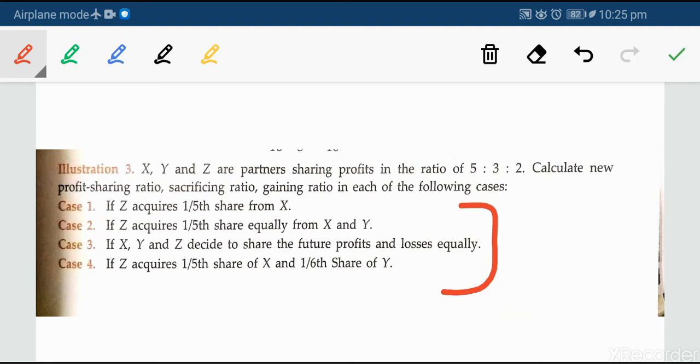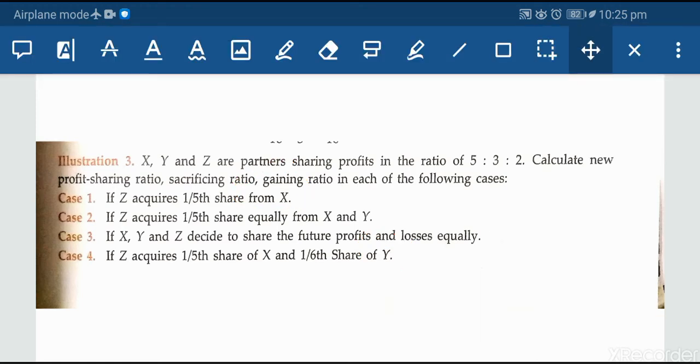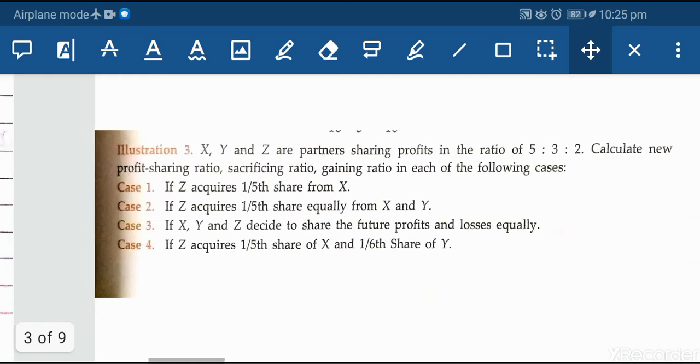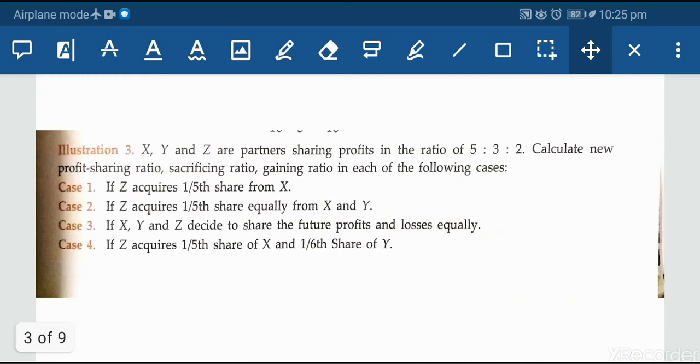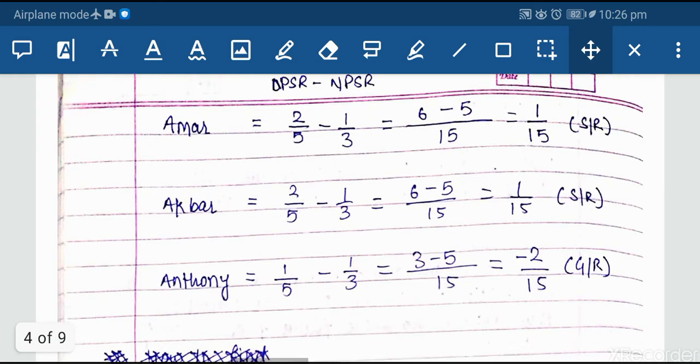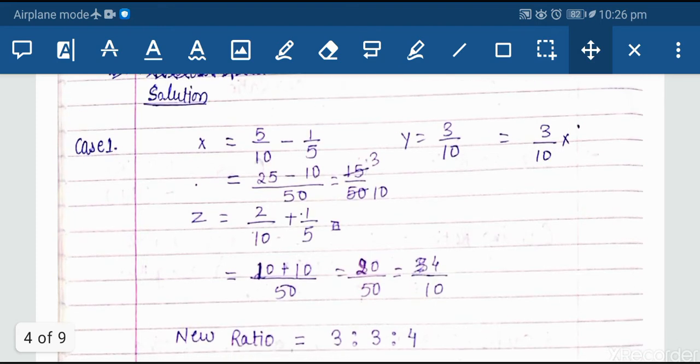Okay, so now moving to the solution, you have to remember the words from, of. Be careful reading all these things. So we are moving to the solution part. The old profit sharing ratio is, listen very carefully, 5:3:2. Now we move to the new profit sharing ratio. In this question we are not given the new profit sharing ratio, so we have to find it out. How will we find it out? The solution is being given in this, and you will get the PDF, but I am explaining all these things to you so you will be able to calculate.